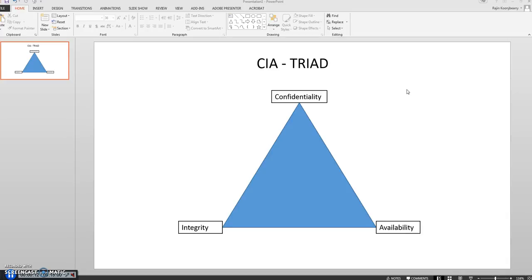In week one, we're going to talk a little bit about the three main components of data security, and we call it the CIA triad. And be careful with CIA. It's not the Central Information Agency. It is here, in this context, in the context of data security. It means confidentiality, integrity, and availability.